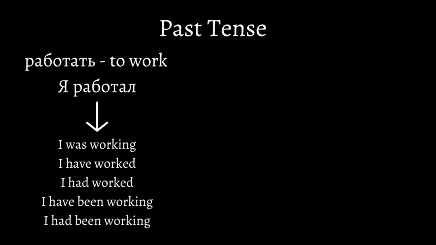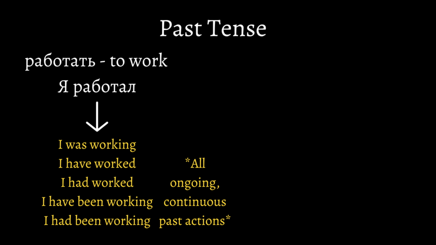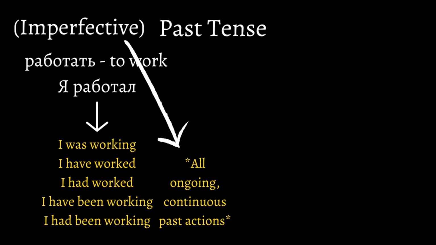In English, there are 4 to 5 ways to express a verb in the continuous past. This is what I meant when I said that English has continuous, perfect, and progressive tenses. Russian doesn't have any of that in the past tense, whereas English has many. But it doesn't mean that Russian cannot be compared to that. The continuous, perfect, and progressive tenses in English all share one common concept that can be linked with Russian. They're all ongoing actions. The imperfective in Russian is also ongoing, expressing an action that is still happening in time. Therefore, it's safe to say that the imperfective aspect in Russian is equivalent to the ongoing tenses in English.